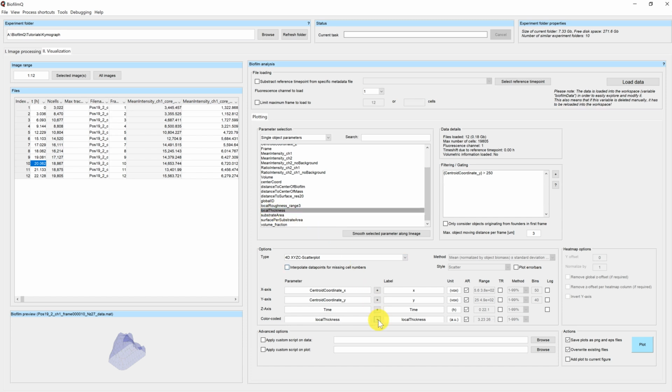In order not to overload the plot with a lot of points, which will lead to long rendering times, I will apply another filter by clicking on local thickness, clicking on the plus next to my filtering gating box, and changing the condition to local thickness greater than 5, because we only want to look at areas of the biofilm where the thickness is 5 micron or more. Then if we click on plot,